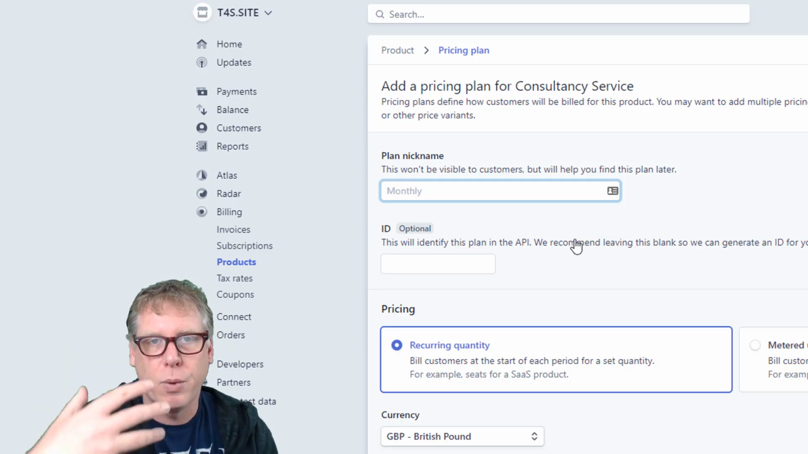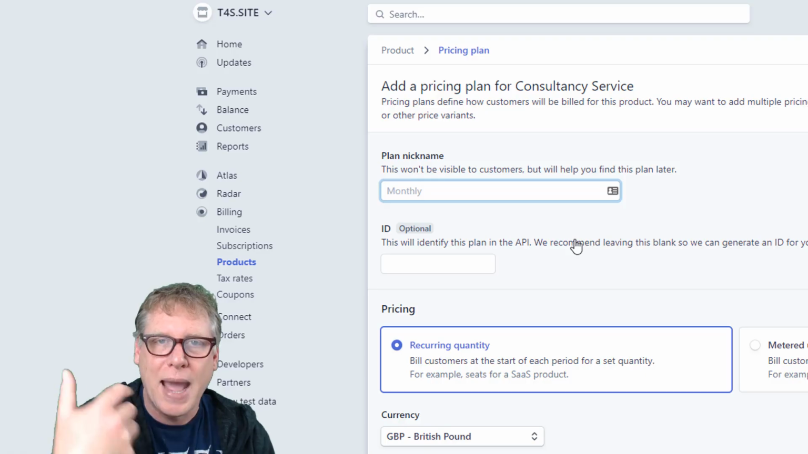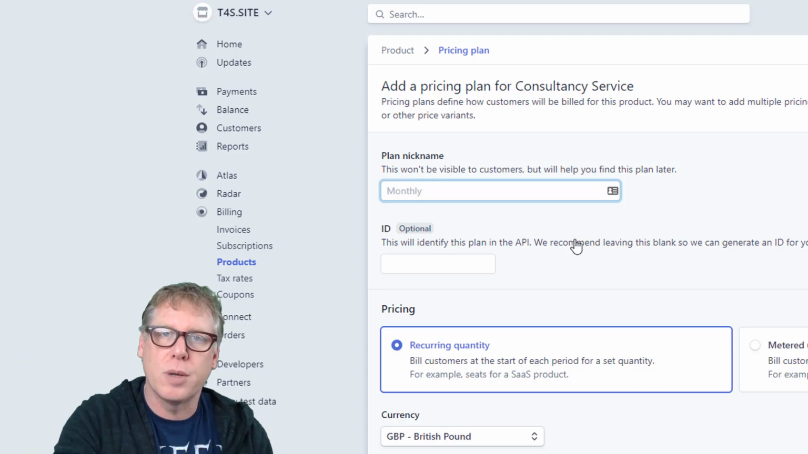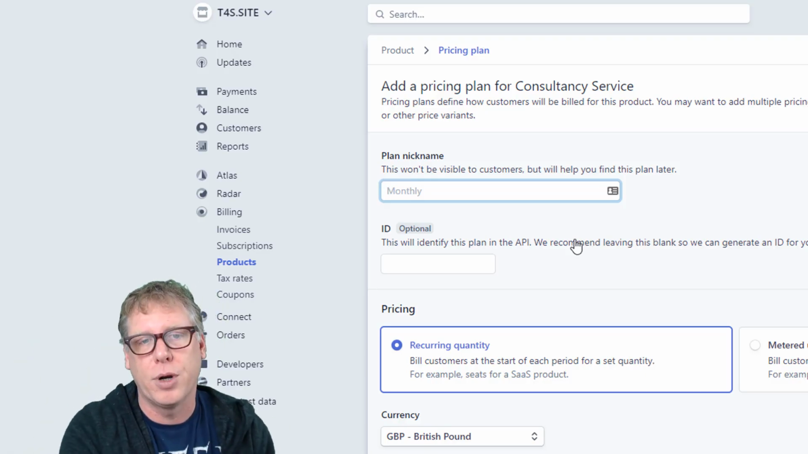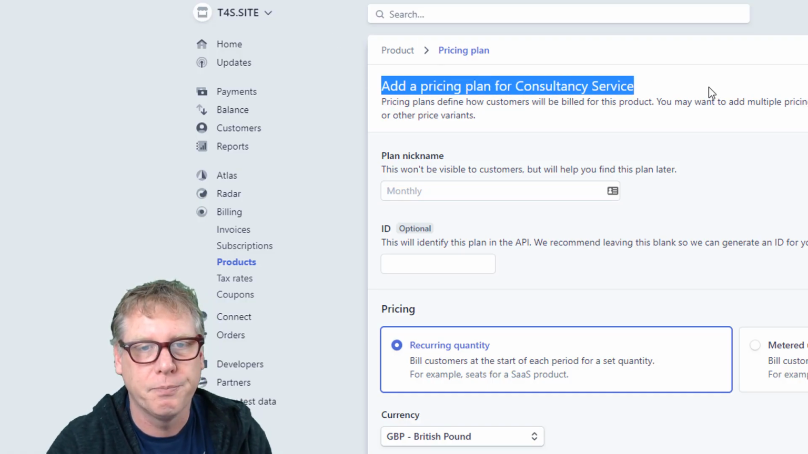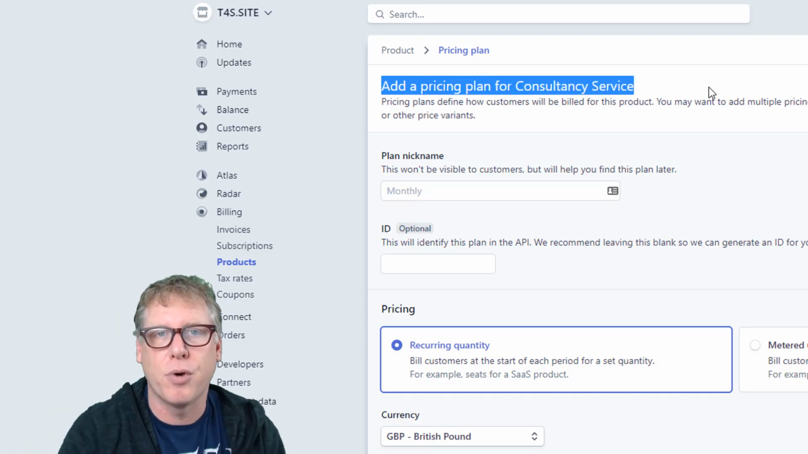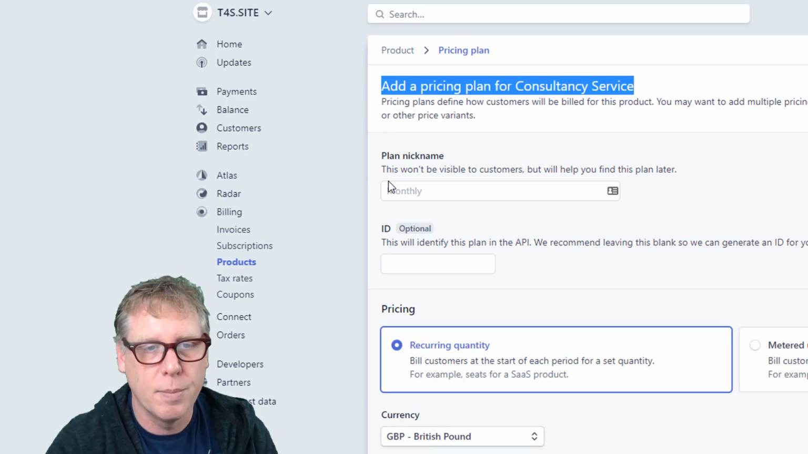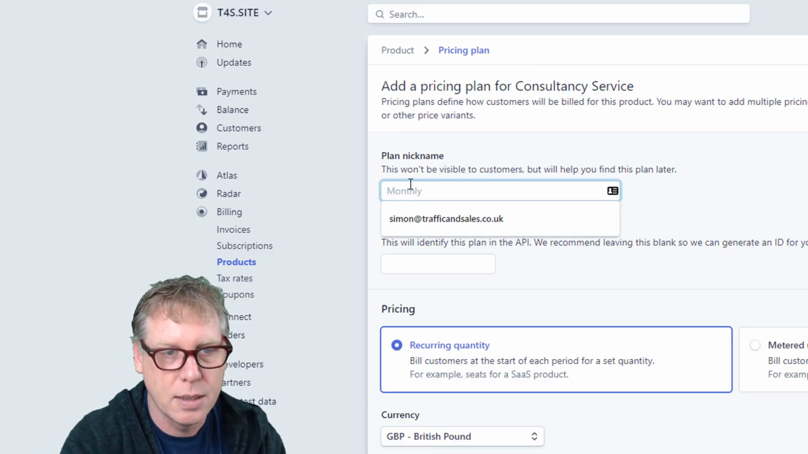So when you set up a product, you have to have a pricing plan, and that's what Stripe's doing here. It's saying thank you for adding a product. Before you do any more, add a pricing plan. It makes me add a pricing plan straight away. So my plan is